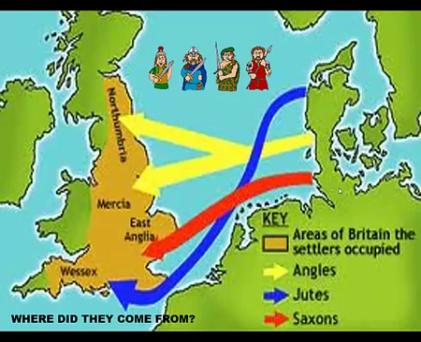They sailed across the North Sea in their longships, which had one sail and many oars. They made a series of attacks on different parts of the country over a period of years and under a number of leaders. The Jutes mainly settled in Kent. They did not call themselves the Jutes. They referred to themselves as the Kentings, that is, men living in Kent. The Angles settled in East Anglia. The Saxons settled in areas of Essex, Sussex, Middlesex, and Wessex.